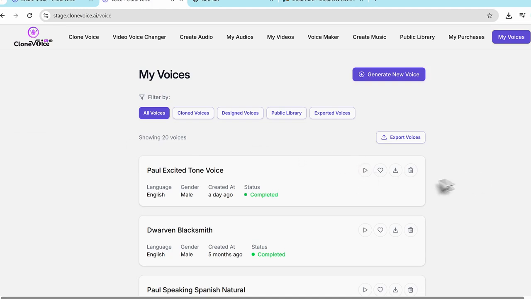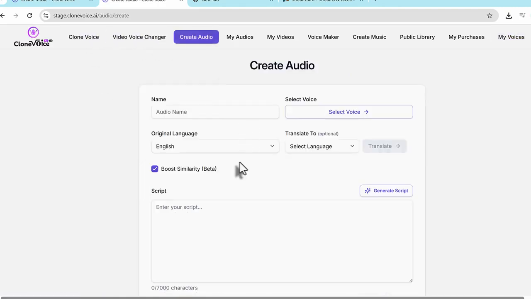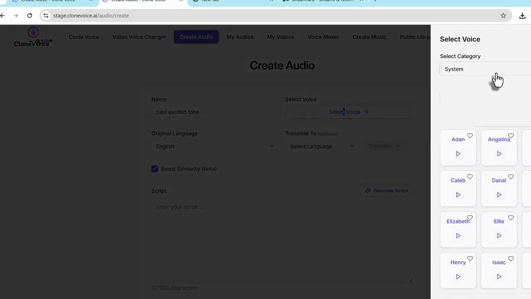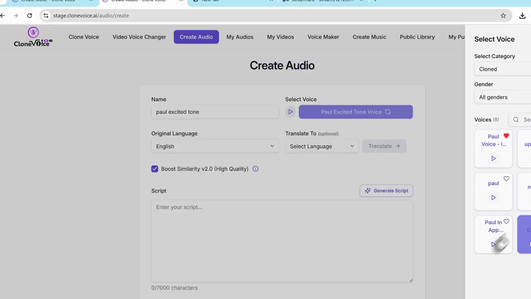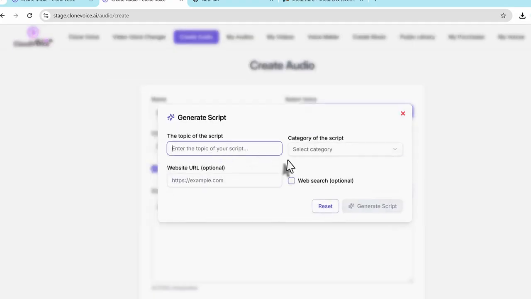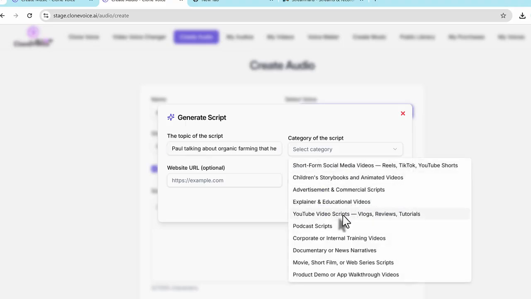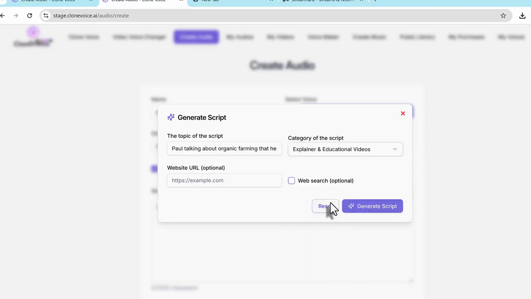That's crazy. It's exaggerated. But what if you want to clone this one? Same logic. You can make that happen as well. So you basically go in, Paul excited tone, and then you select your excited tone voice, and then you want to narrate it, right? So I have this right here. You see, I put Paul excited tone voice here. And then what you can do now is just select that. And then again, same thing. Paul talking about organic farming that he is super excited about, right? And then again, I'm going to put the same stuff, but in this particular case, I can change it if I want, but I'll just put the same setting just to show you how a normal human being's voice